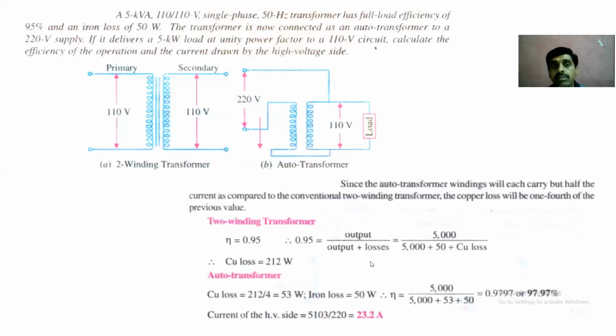Now see another problem on the auto transformer. A 25 kVA, 2000 by 200 volts two winding transformer is used as an auto transformer with a constant voltage of 2000 volts, at full load unity power factor. Calculate the power output, power transferred, power conducted, and the efficiency of the two winding transformer, given at power factor 0.95. Find the efficiency of the auto transformer. To find the efficiency of the auto transformer, first for the normal transformer you should calculate the rated current on the high voltage side and the rated current on the low voltage side. After getting these two, you draw the auto transformer diagram.